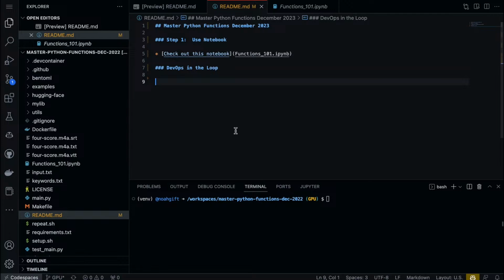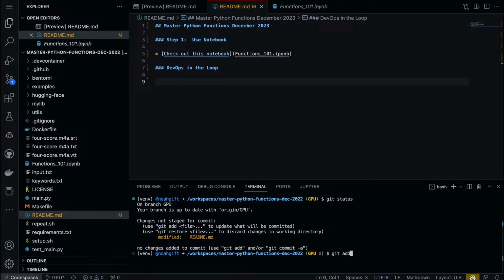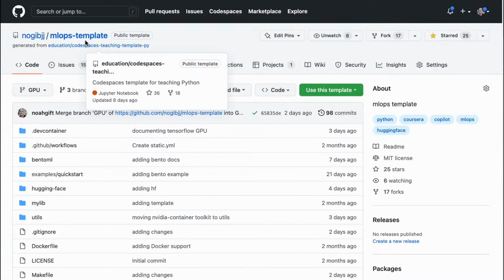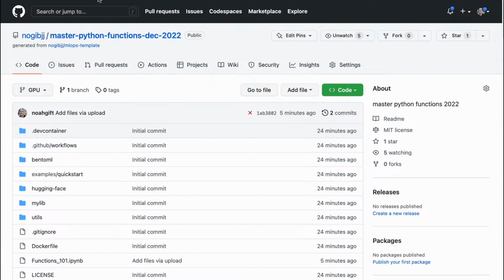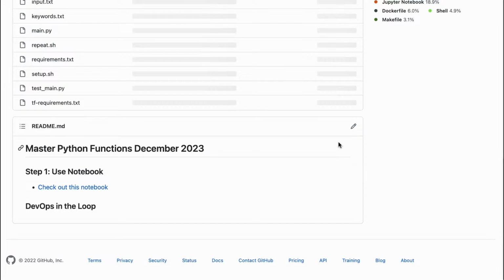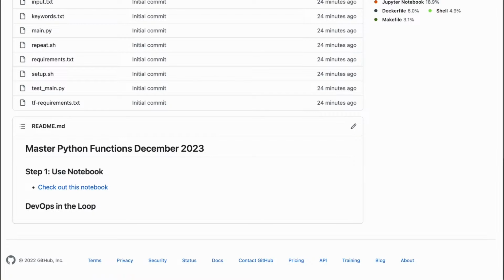And in fact, what I can do is I'm going to check this stuff in real quick. So we'll say git status. Let's add this to the README, and we'll say more steps here, and then I'm going to go back to this other link here, because what I can do is I can actually drop an image right inside of here, and I've actually got a really cool image that talks about DevOps in the loop right on my desktop. And I'm going to go ahead and drop this in here.